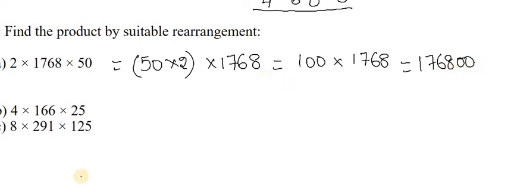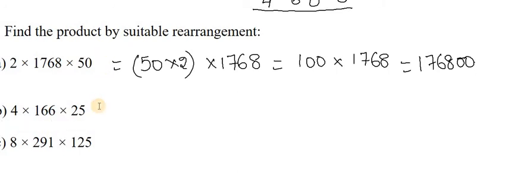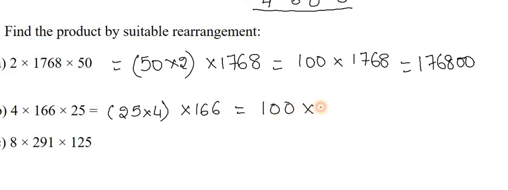Okay, now coming to this question. 25 multiplied by 4 will give you 100, and that is the reason first I'll multiply 25 by 4. 25 4s are 100 into 166. The answer will be 16,600. Isn't it easy? Multiplying 166 with 4 and then that answer with 25 is going to become difficult. So that is the reason we follow first this and then that. Okay.